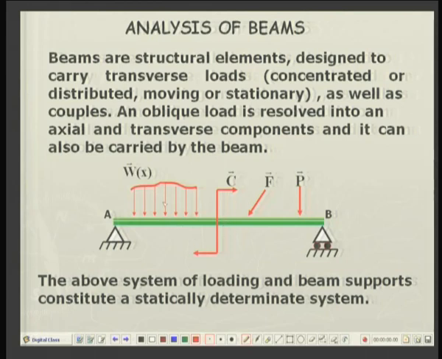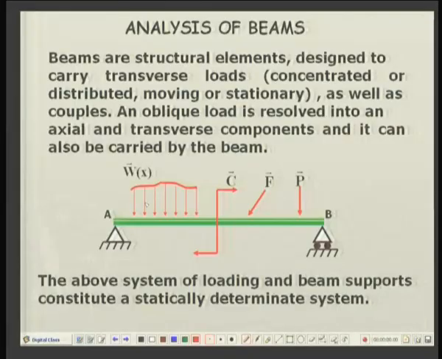So, in summary you can say beams are generally one dimensional members, that is one dimension, called length, is much bigger than the other 2 dimensions. So, for simplification we will call them one dimensional members subjected to either distributed loads or a concentrated load, transverse or oblique, or some couple having a moment which is acting on the beam. So, the role of beams is quite different from that of trusses, although both are structural members.